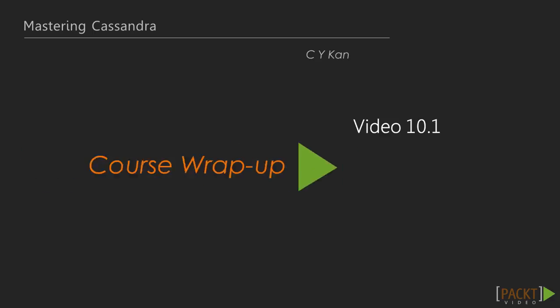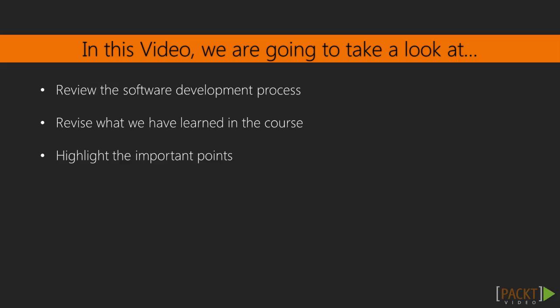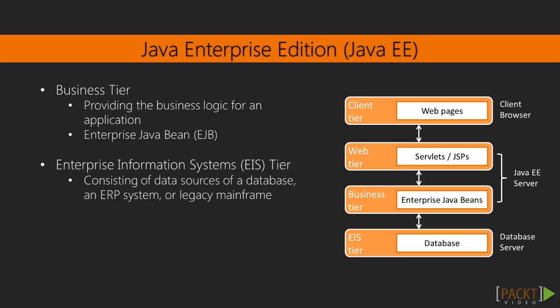Firstly, let's revisit the course. In this video, we'll review the software development process that's been used to design and build Cassandra WebTrader. We'll then revisit what we've learned and highlight the important points. We started our journey at the introduction of the modern Java web application development technologies. We followed the contemporary multi-tiered application architecture to select the components for each of the tiers to design our example